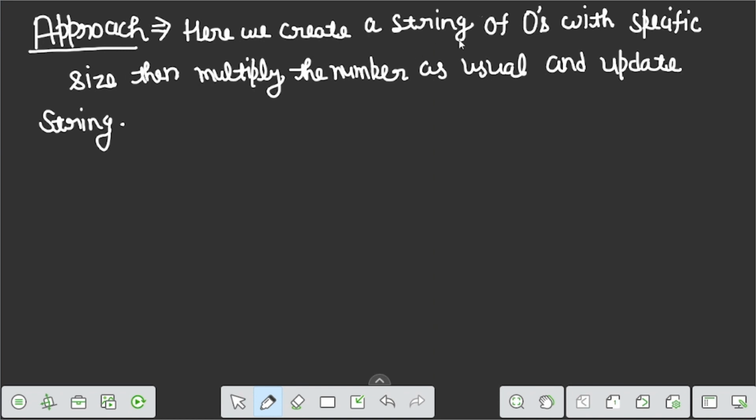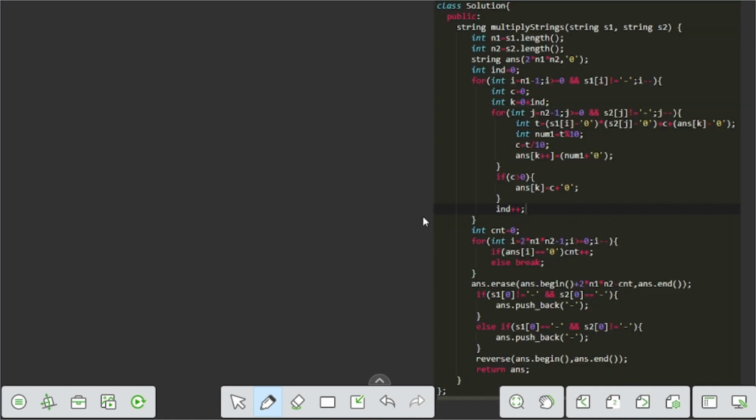Here we create a string of zeros with a specific size, then multiply the numbers as usual and update the string. So the approach is very simple. Let us understand with code. So the code is written here.